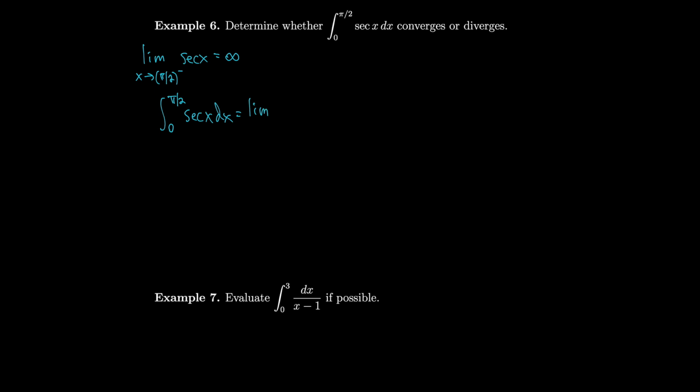So we rewrite that as the limit as t approaches pi over 2 from the left of the integral from 0 to t of secant x dx. So that's the limit